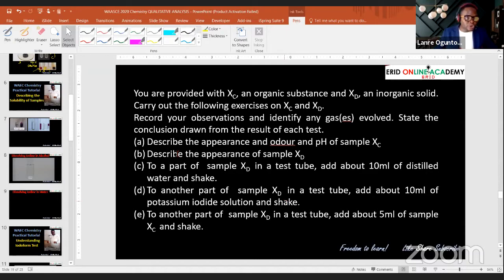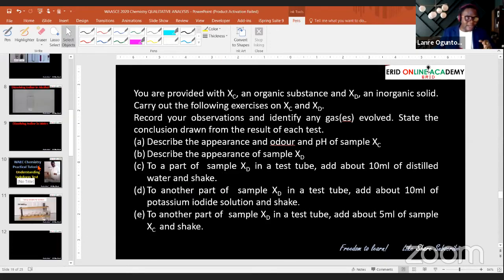Then I will show you the solubility of sample D in alcohol. If you look at E, E says to another part of D in a test tube, add about 5 ml of sample XC and shake. So I need to talk you through first some rudiments before we can tackle and understand this particular problem. You need some theoretical background. So I will take you through solubility, I will take you through the Iodoform test,